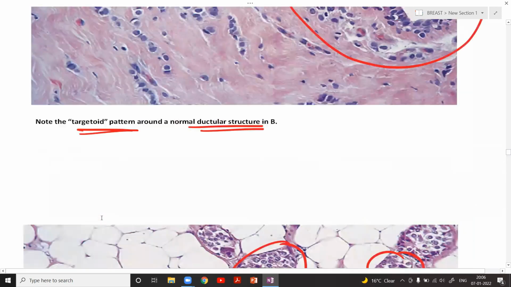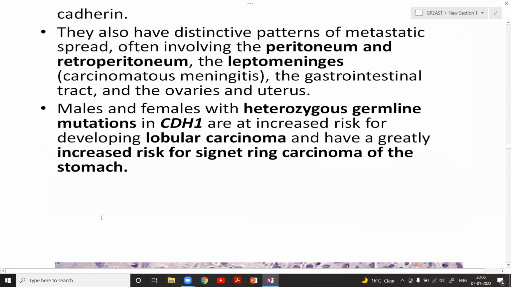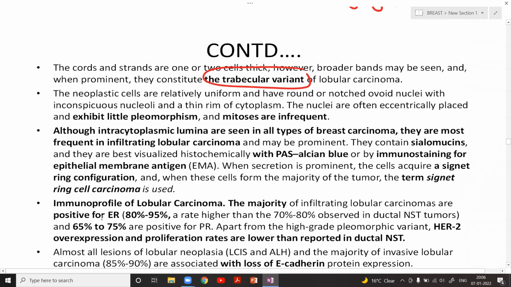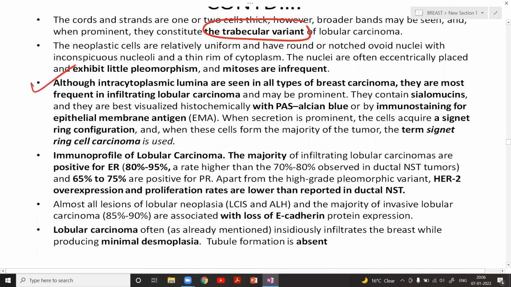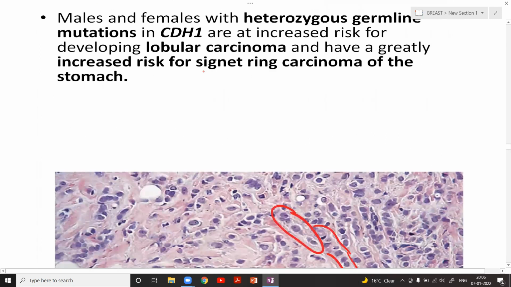So this is very easy. If you just go through the images, you will remember the variants. You don't have to read the theory and details. Over here, a very important thing is that sometimes you will see, inside the lobular carcinoma cells, certain intracytoplasmic lumina. Now, let me just illustrate my point over here.